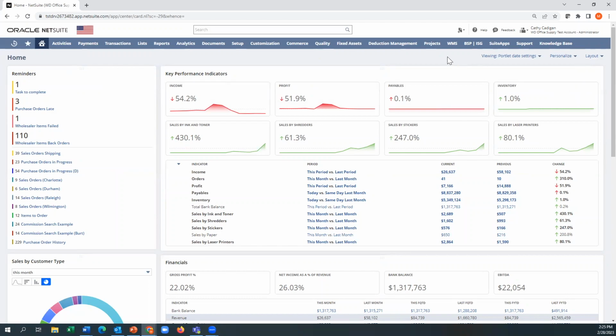What's important to note here is NetSuite's focused on small to medium sized companies. So we do not want the need of having sophisticated administrators required to modify a dashboard. So everything here, when I click on and compress something, when I move something or drag something, when I set a dashboard, it's all meant to be very simple. So I'm going to walk you through a couple of the elements here, the basic ones, and then we'll focus on a few things that are more specific to office supplies.